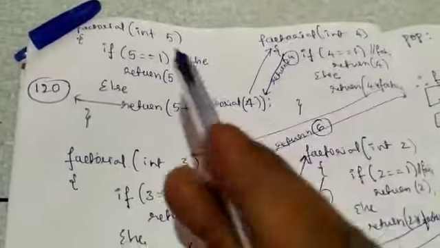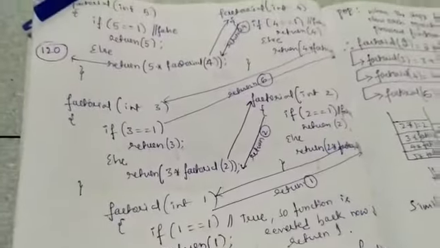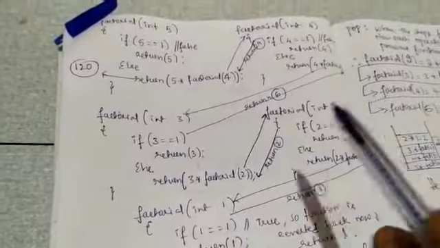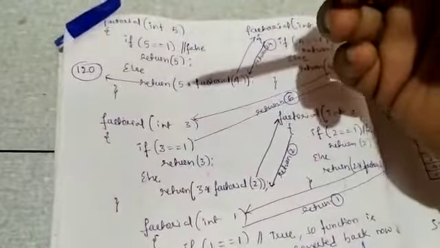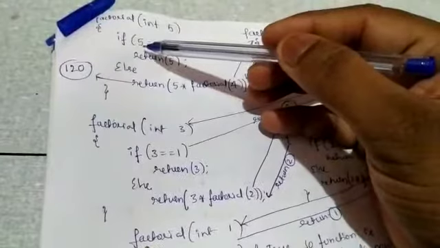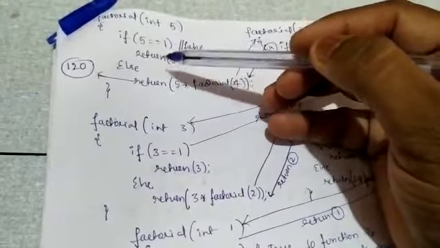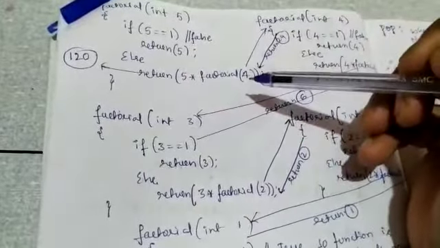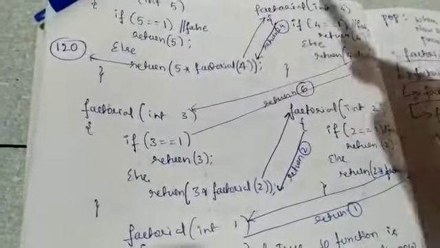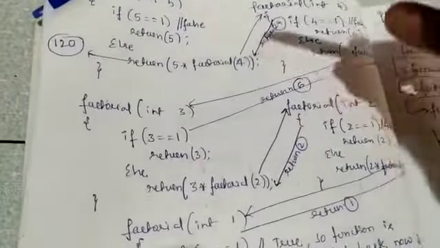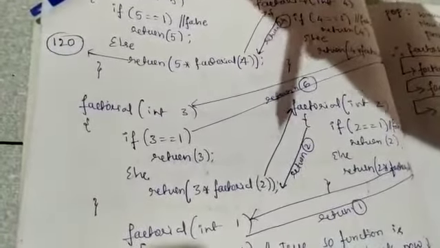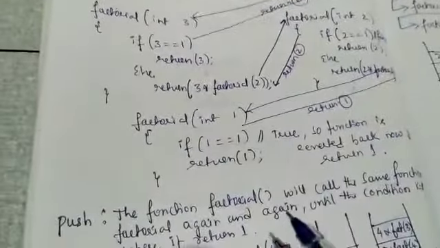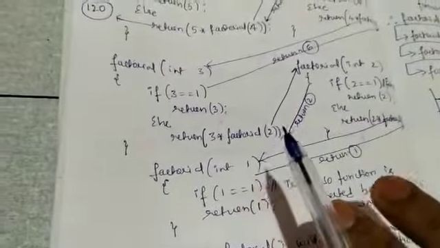So in this example, you could see the stack operation is being performed. While the control is checking the condition, if 5 is equal to 1, and it jumps to the else part, and 5 into factorial of n minus 1, that is 5 minus 4. So this is the way it is. There is an operation performed as the push operation. While reverting it, there will be operations performed as pop operations.